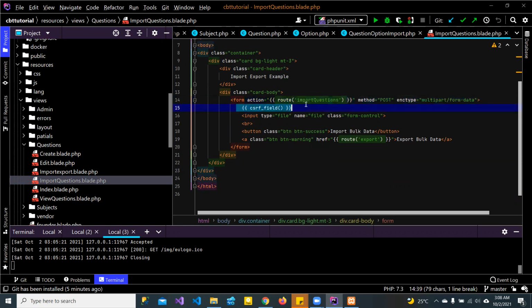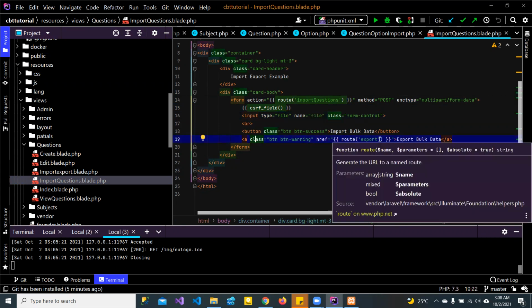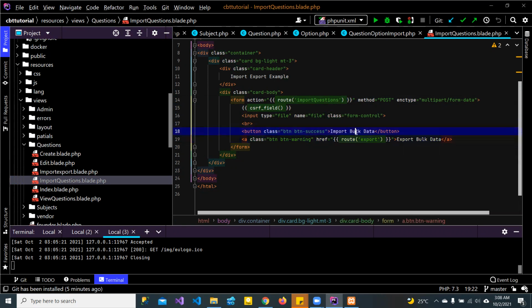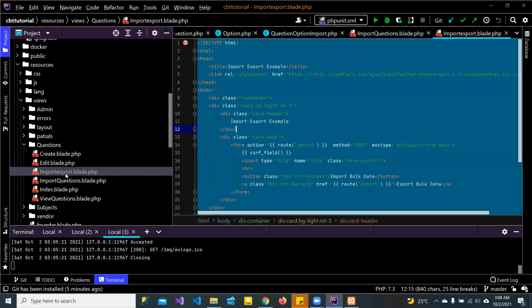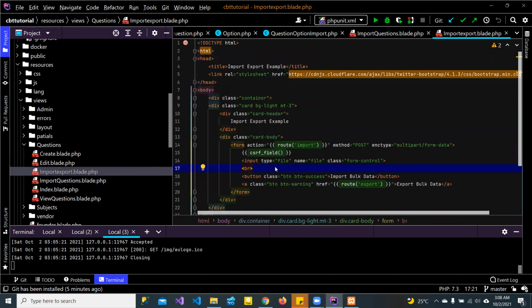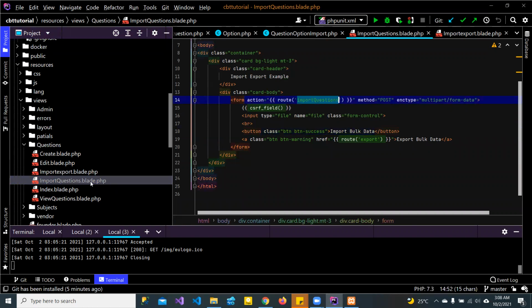So then we understand why this is there. We have input type, the name is file control. And once that is done, a button tells the user to import. So once this is clicked, this form will be submitted and it goes directly to the import question. So when you import questions